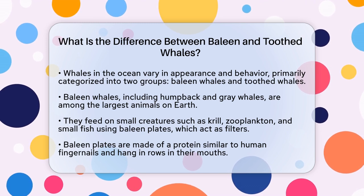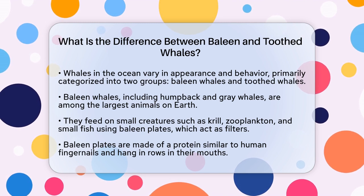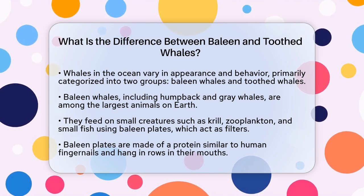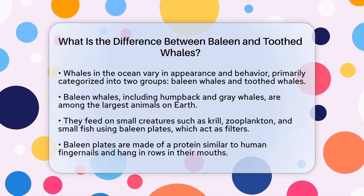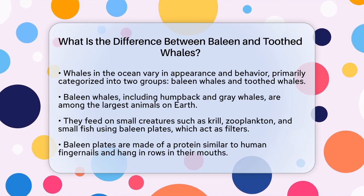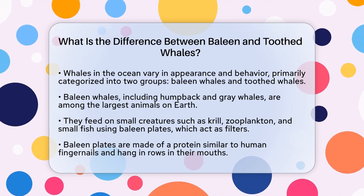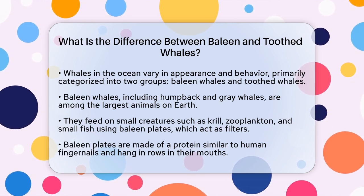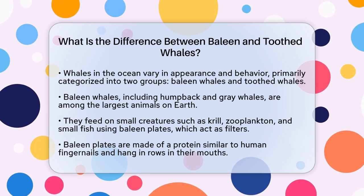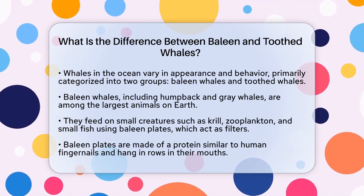Baleen whales are some of the largest animals on Earth and include species like humpback whales and gray whales. These giants feed on tiny creatures like krill, zooplankton, crustaceans, and small fish. They use baleen plates, which are long, strong, and made of a protein similar to human fingernails. These plates hang in rows in their mouths and act like a filter, straining huge volumes of ocean water to